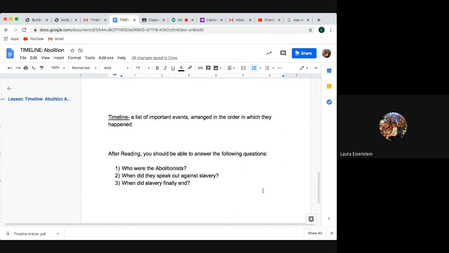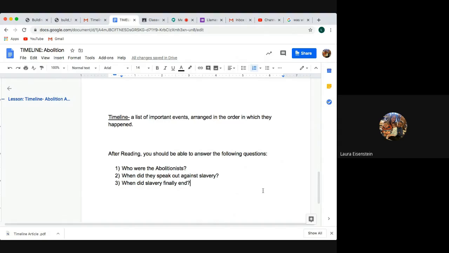Remember, you guys made timelines of your own life, starting from when you were a baby to your age now, to a teenager or preteen. So remember, we made a timeline about that. We also made timelines on the human life cycle from an infant to an elderly person. And